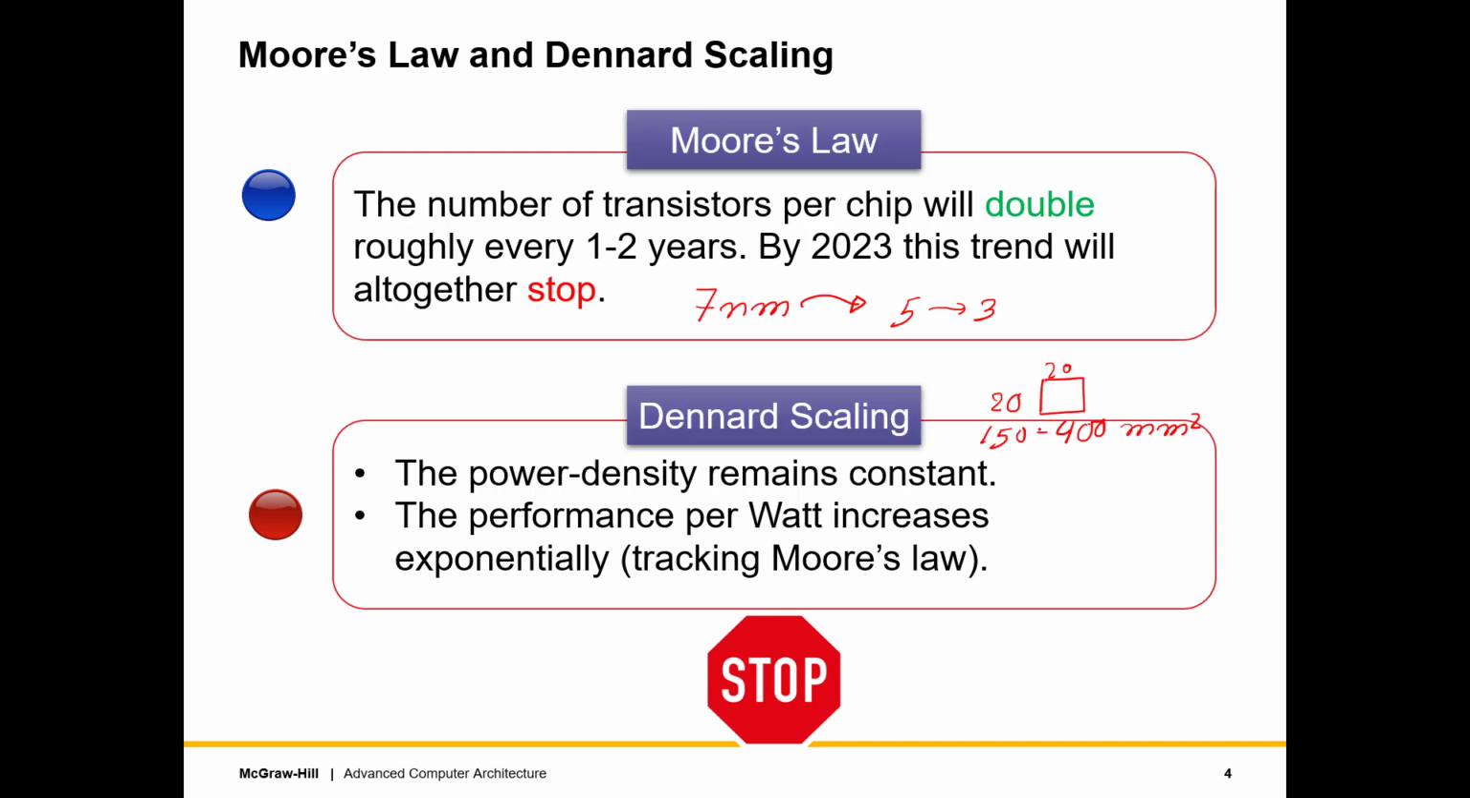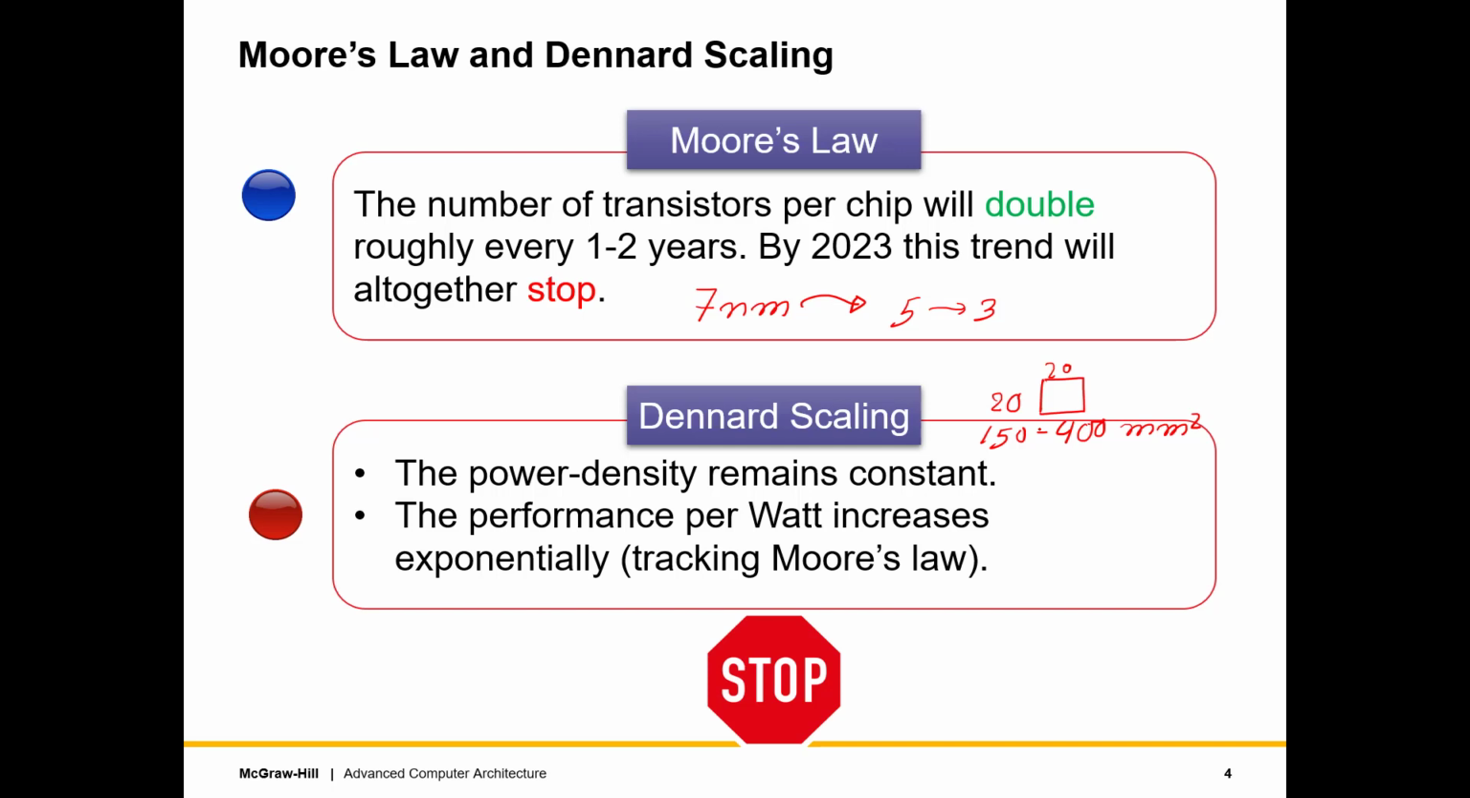So the sizes remain the same, mainly for yield reasons. What Dennard had predicted is that the power density will remain the same, which means that the total power dissipated will remain the same. If we combine this with Moore's law, what it would also imply is that the performance, which increases exponentially,